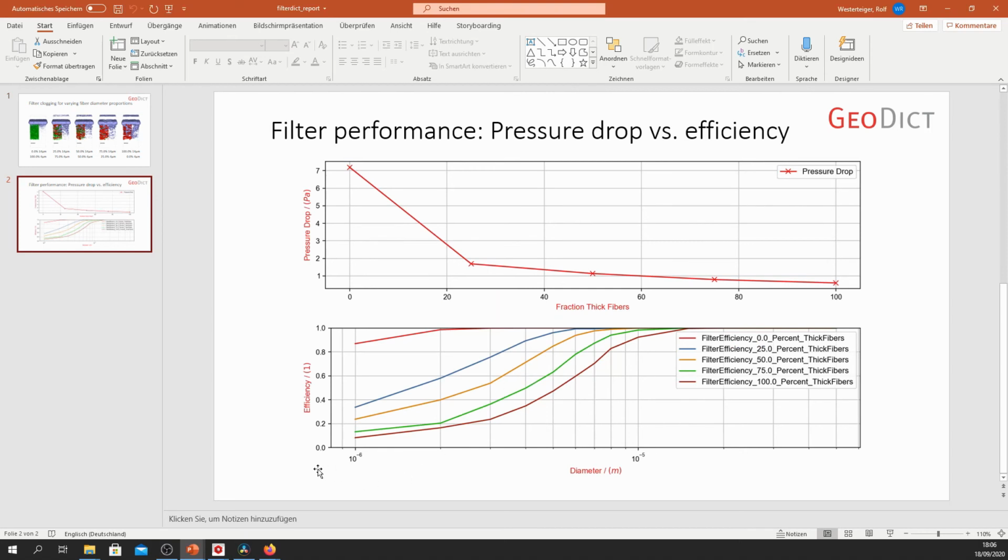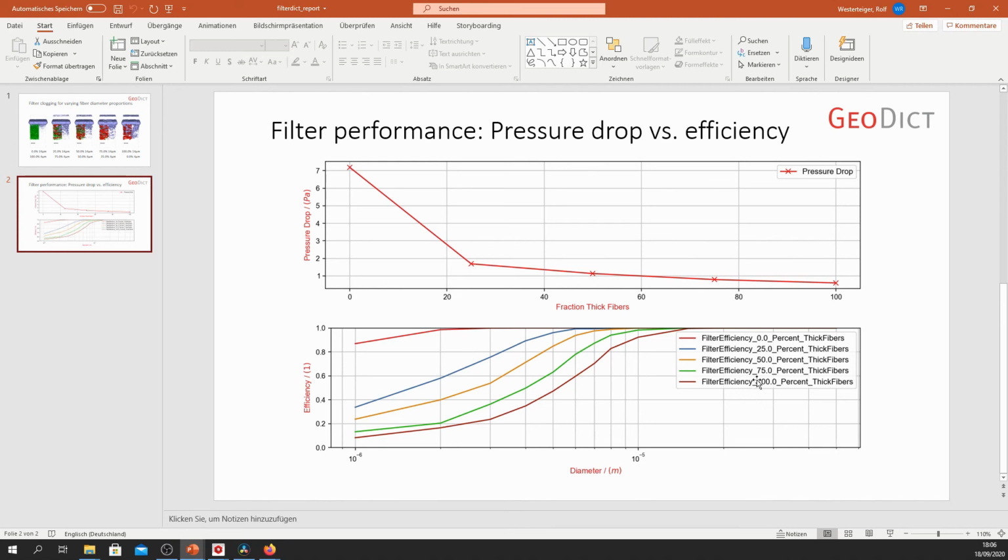This is also reflected in the filter efficiency depending on the amount of thick fibers. Again, if there's 25% thick fibers, there's 70% thin fibers. And you can see how this affects the filtration of the different diameters of particles here.